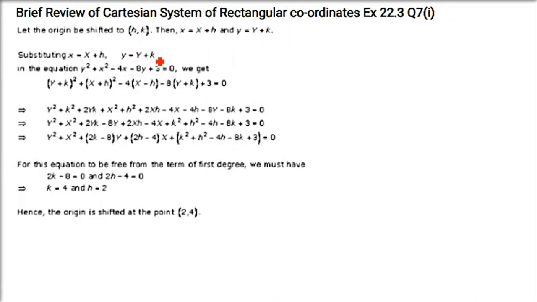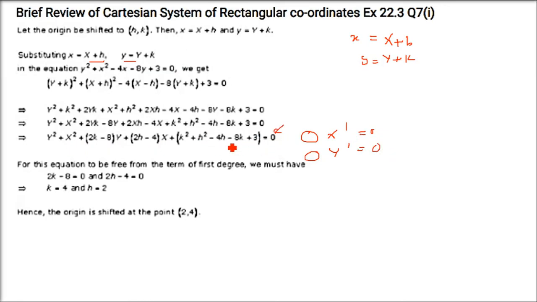Find the point to which the origin should be shifted after a translation of axes so that the following equation will have no first degree terms. So no first degree term, x to the power 1, y to the power 1, the term will be 0. So we have to put x as capital X plus h, y as capital Y plus k. Now rearrange this. I hope you will be able to do this. This is the equation. Now no first degree term means x to the power 1, y to the power 1, wherever the index is 1, the coefficient shall be 0.